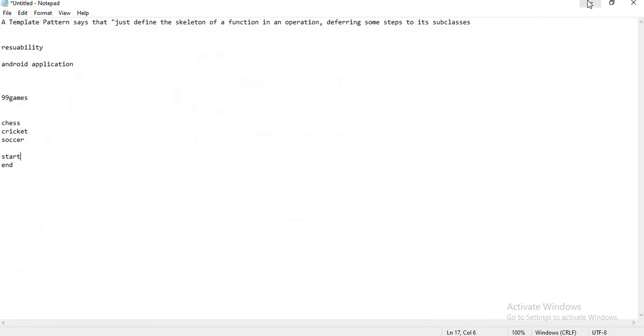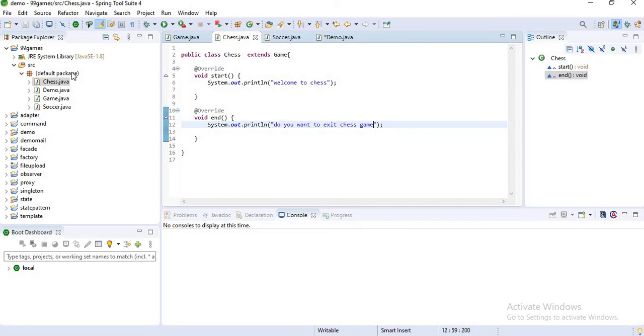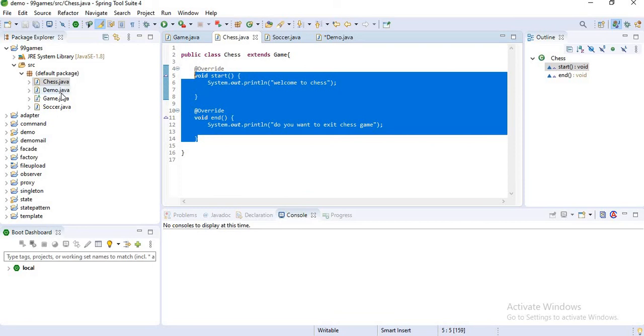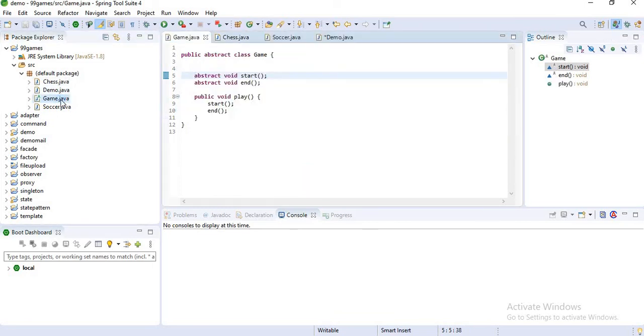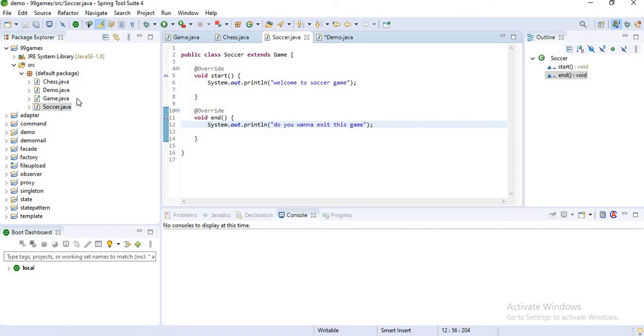Assume there are 99 classes. You do not want to create these two methods in each one. If you create them in an abstract class named Game, you can reuse the two methods by using this abstract class. By using this template design pattern we can reuse them.